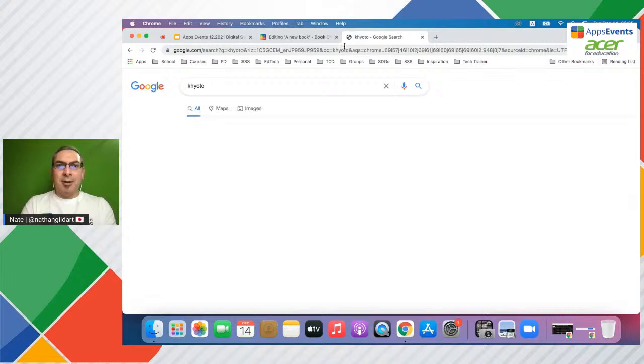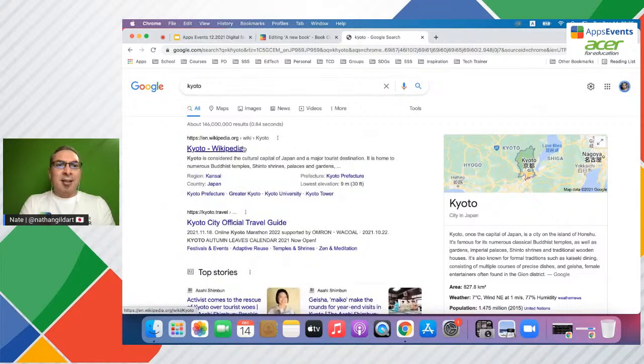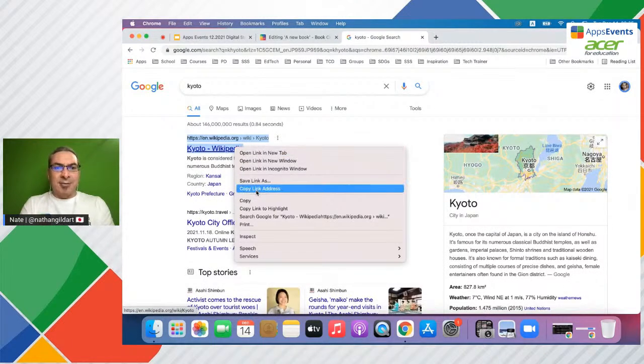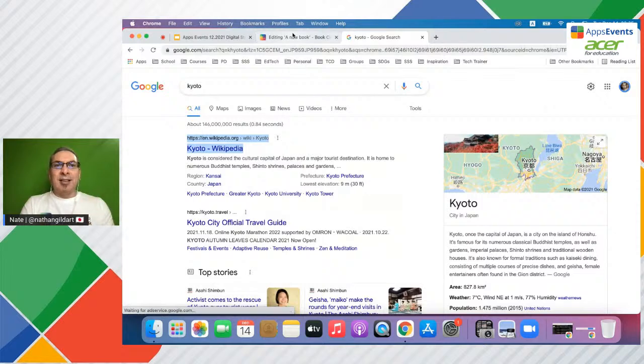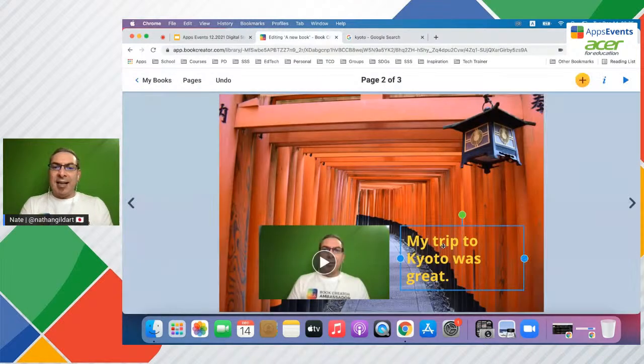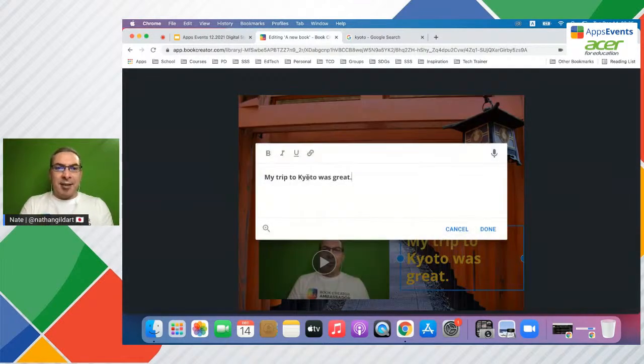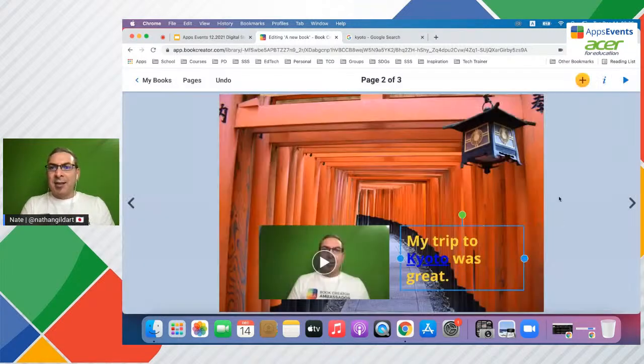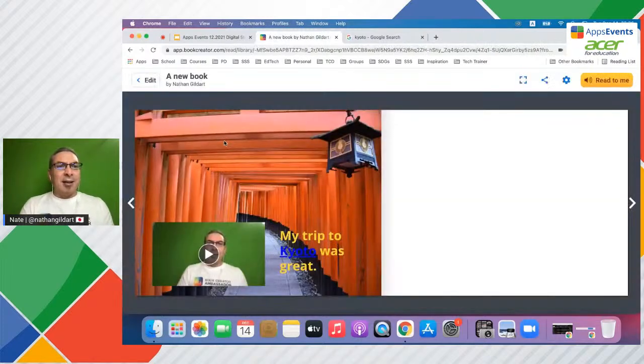And now let's say I want to go to Kyoto. Whoops, I didn't spell that properly. Let's just fix that. And just for the purpose of showing you, I'm going to put a link in here. If I tap on this, and then maybe I just want to hyperlink the word, I can put that in there, click Save, click Done, and let me see how that looks. Again, I click my thing. Yeah, that's all right. I don't like the link colors, so I'd go back and change that.